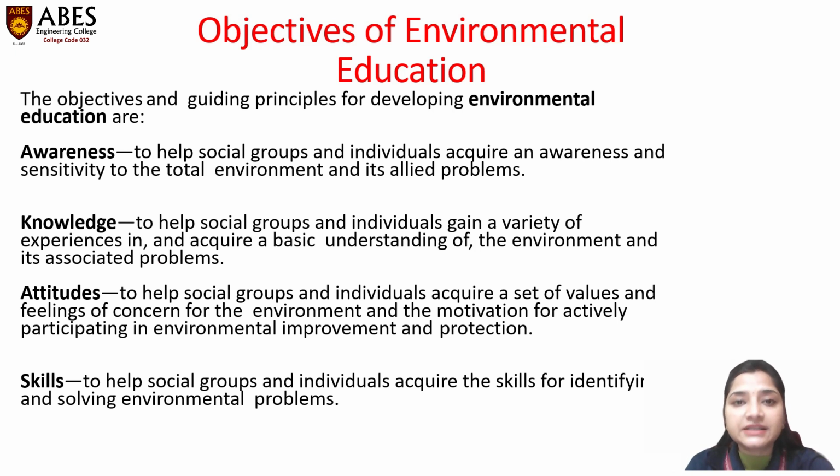The third is attitude, which helps social groups and individuals acquire a set of values and feelings of concern for the environment, and motivation for actively participating in environmental improvement and protection programs. Since the objective has been fulfilled in three forms, we have spread awareness, we have acquired knowledge, we have developed an attitude, and with that attitude,